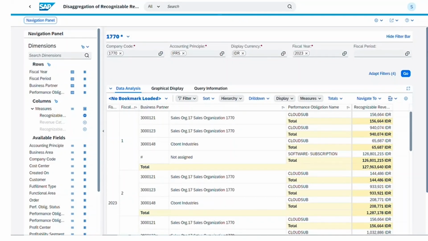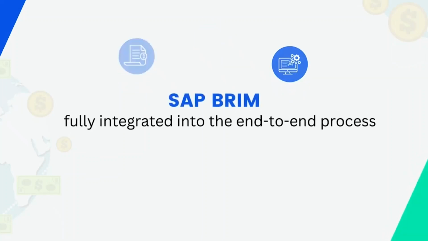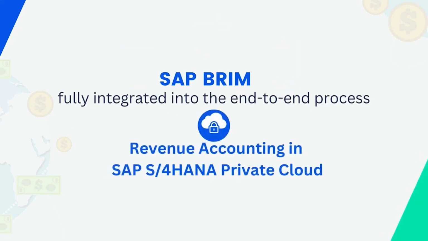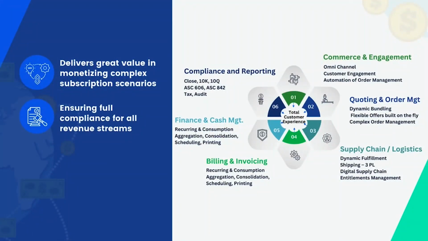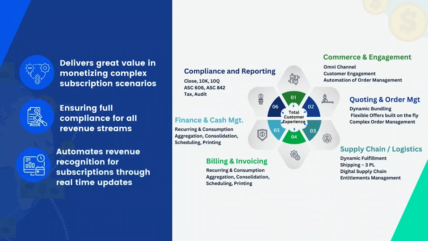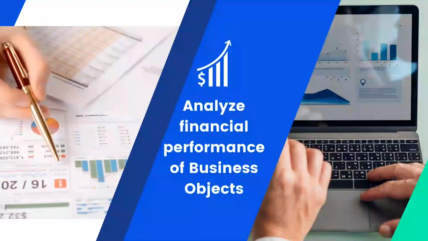So, to bring it all together, SAP BRIM is fully integrated into the end-to-end process for revenue accounting in SAP S/4HANA Private Cloud. The solution delivers great value in monetizing complex subscription scenarios and ensuring full compliance for all revenue streams that are being recognized. It automates revenue recognition for subscriptions through real-time updates from billing and other operational documents. Also, with the integrated reporting, you can view different levels of reports where you can easily analyze the financial performance